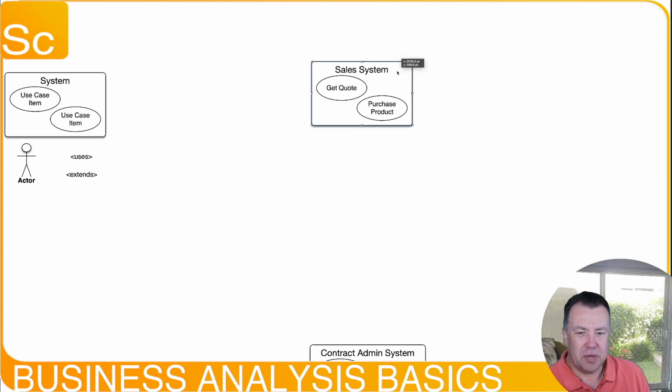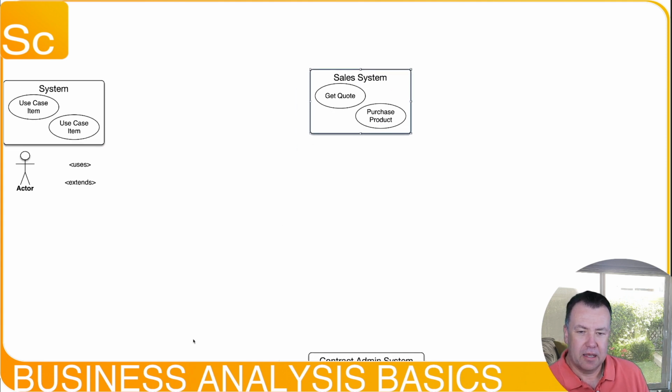might look. So we might have a sales system, and we're going to get a quote from that sales system and then purchase a product. And the user, or the actor in this particular case, will be this client. This client is going to use the system to get a quote, and this client is going to use the system to purchase a product. Now,